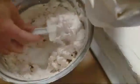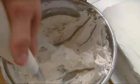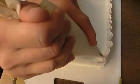We need to fill our piping bag in the bowl so we don't lose it. Here we got, and we'll go back to our cake and secure the grip on the piping bag. Give it a twist and slightly touch in here. We can start piping. Let's start on the corner. We twist our cake so we can get a grip, and we continue the second line. Now the last line,